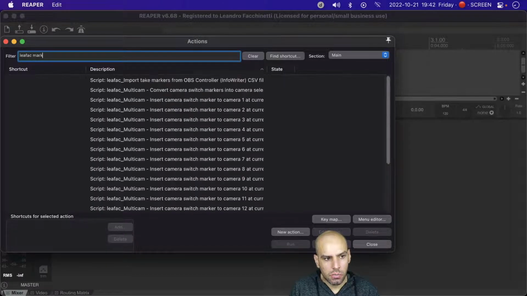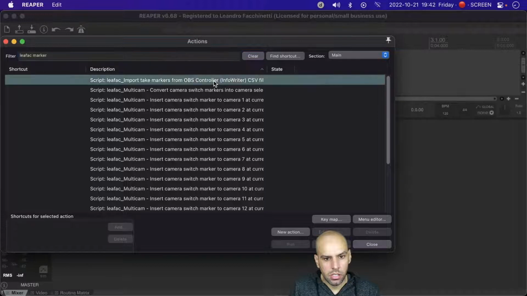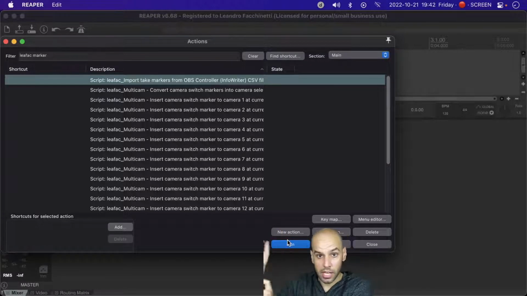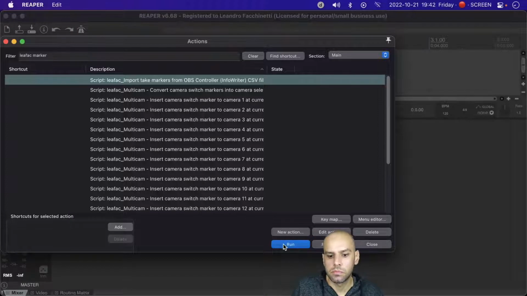I think it has to do with markers. Yes, that. I run this. It becomes a bunch of markers on my timeline, and I can chop away the parts that I liked. And that's that. And in the name of this action, you can see that actually